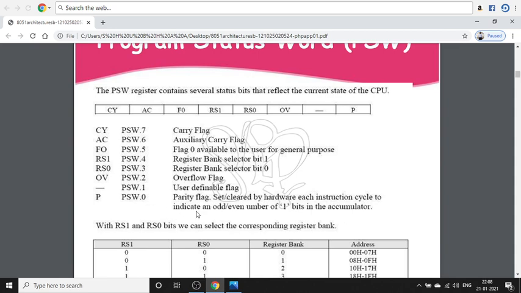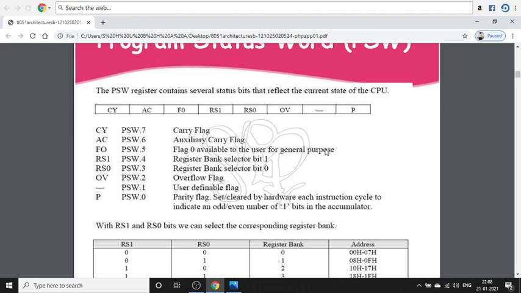The parity flag is defined by the number of ones present in the accumulator. If the number of ones is even, the parity flag is 0, and the parity flag is 1 if the number of ones is odd.